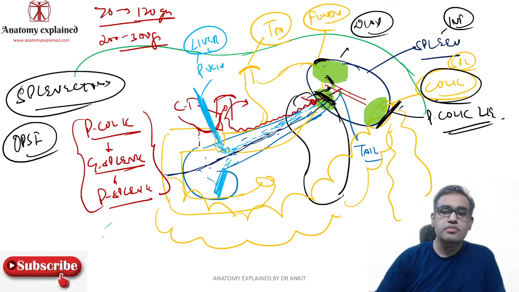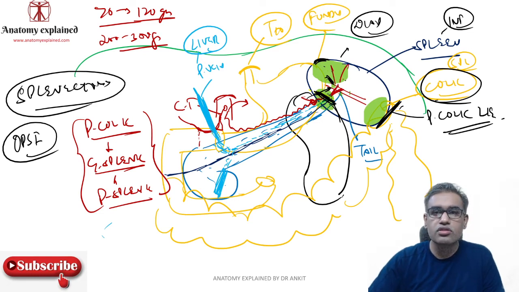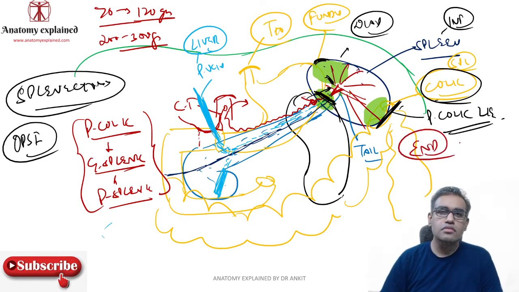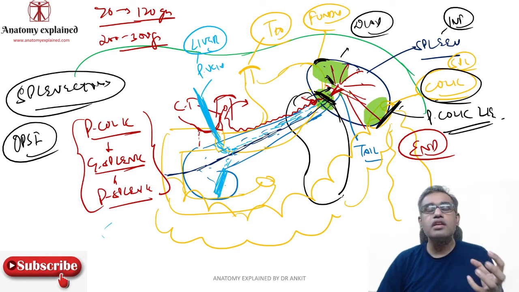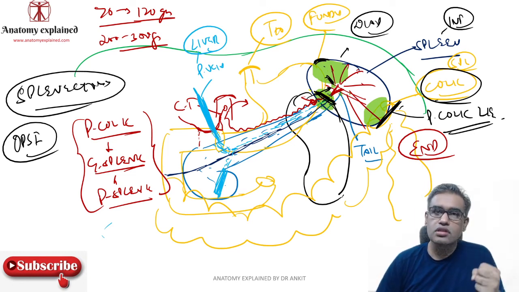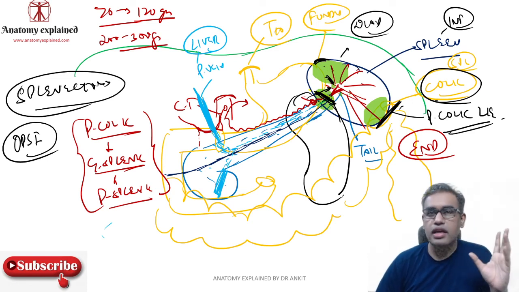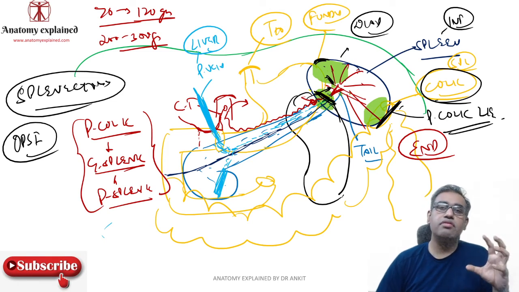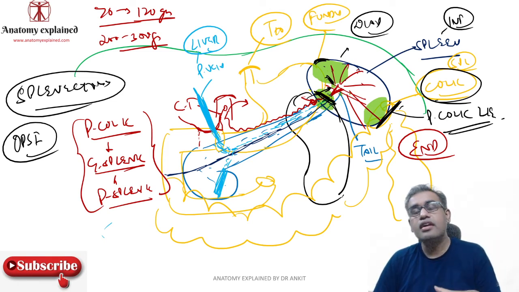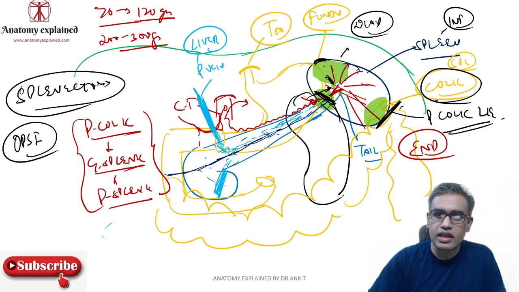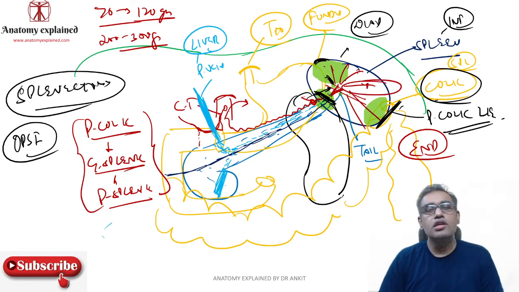One more thing is that when the splenic artery goes inside the spleen, it will normally divide into anterior and posterior branches, which will give off a few segmental arteries. Now these segmental arteries of the spleen are end arteries. Why? Because the spleen developed by the aggregation of tissues in the dorsal mesogastrium. All those small tissues had their different supply, and they maintain their different supply even after fusion. Therefore, the segmental arteries are end arteries. So if there is any thrombus in any segmental artery, it will cause infarction to that part of the spleen. That is also one thing which you have to understand.